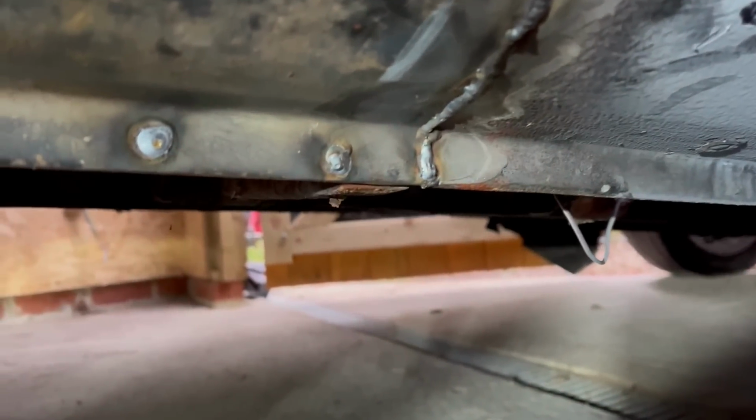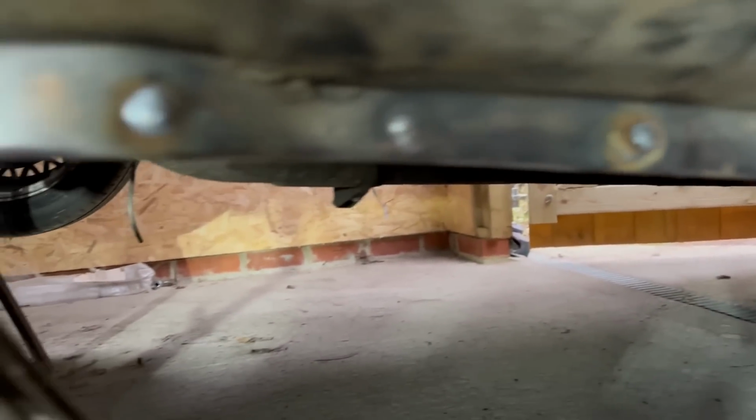Well, that is on there. They ain't gonna move now. Got some plug welds along there, seam along there, all the way along there. Obviously none of this has been ground back yet. This worked particularly well, so I filled in that tray, that trough, all the way along, plug welds along the bottom,